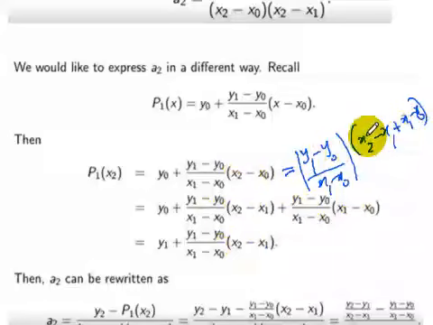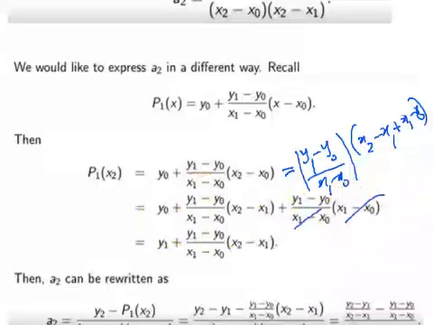Now I expand this one, I distribute this factor, I expand these brackets, right? When you expand this bracket, I consider this one as 1 unit. So here you have y sub 0 plus this one times this factor x2 minus x1, plus this factor times the other one x1 minus x0. This step is clear, right? So you can close this off,